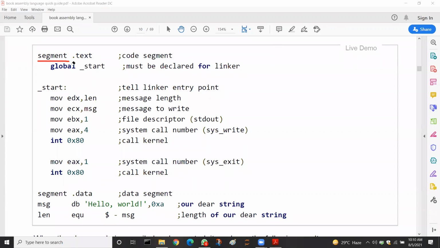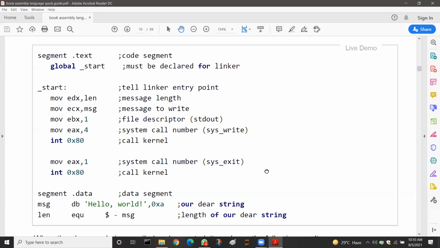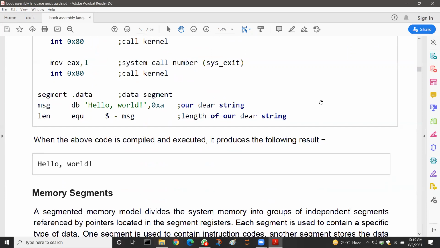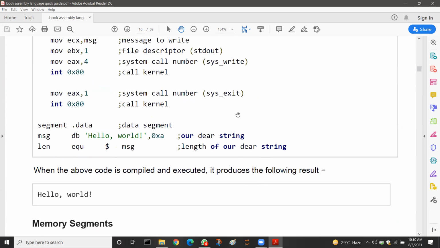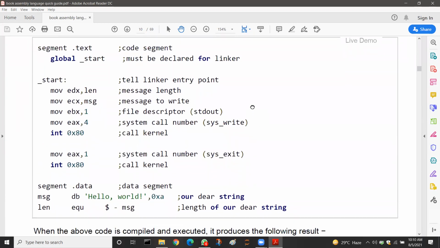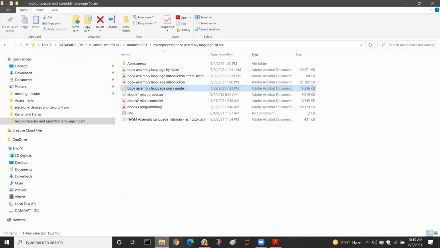So that means an assembly language program is primarily using segments in memory, which are primarily the sections. When the above code is compiled and executed, it produces the following results. इसको हम देख लेते हैं एक दफा, क्या वाकई ऐसा होता है।